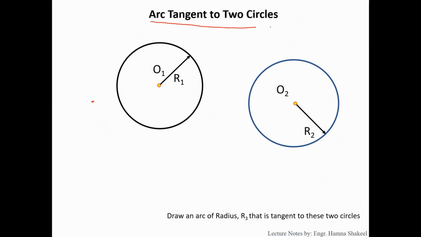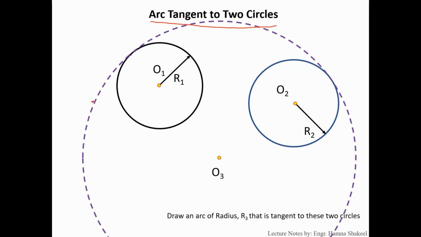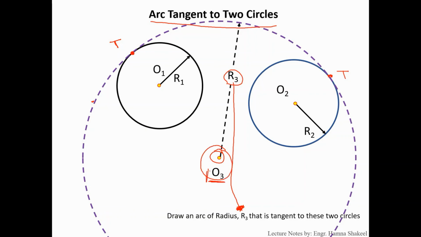The same problem can be solved by drawing the resulting circle in the opposite direction. The two circles can be connected in this way. So you have got a tangent point here and you've got a tangent point here. This is the center of this resulting circle, and the radius of the circle is R3 as given in the question, or as required. So in this case, we have to locate this O3 point. We have to locate this center point to draw this circle of radius R3 to connect circle number 1 and circle number 2 tangentially.